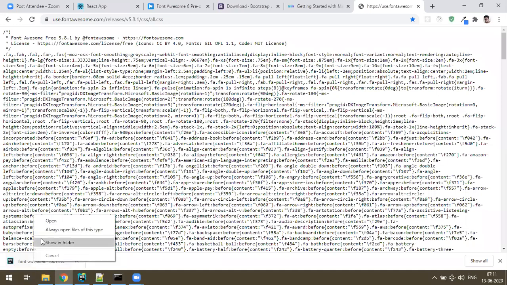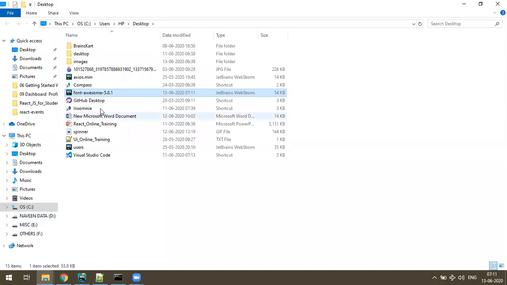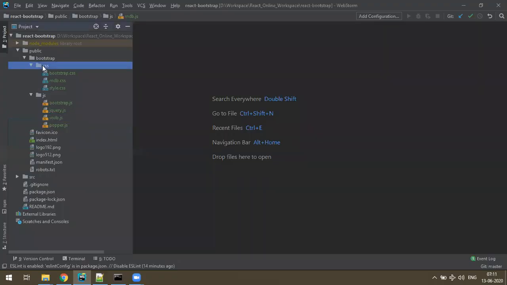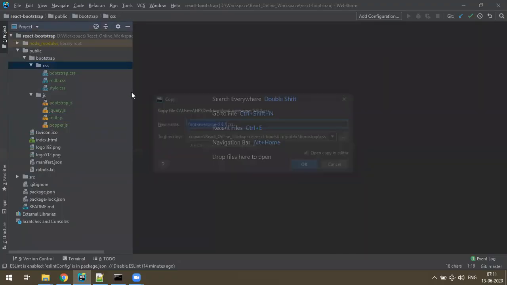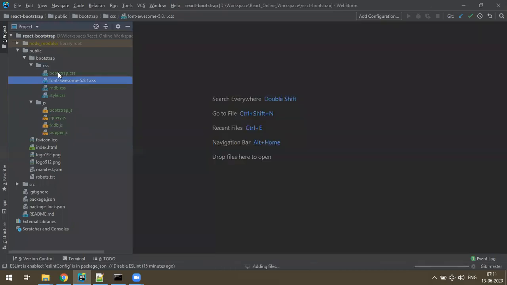It's saved somewhere. Oh, it's here. Okay, copy this. And where we keep it is in the CSS folder. Okay, done. So these are the files required, and don't worry, I'll share this folder with you, and you can just use the same files for all the next applications.